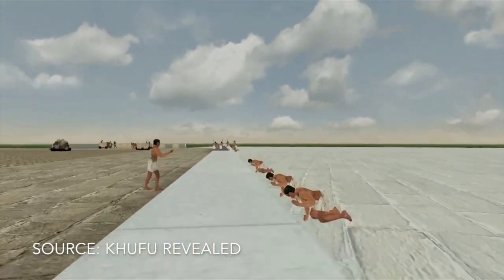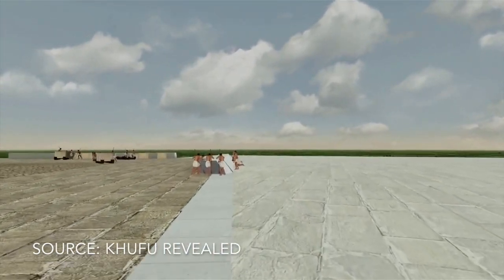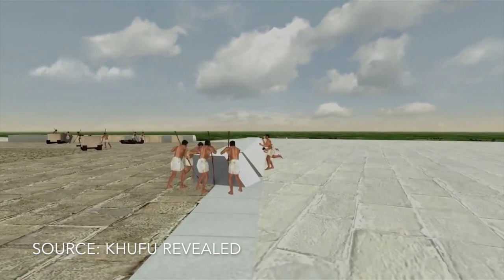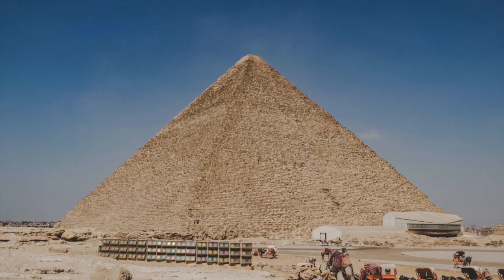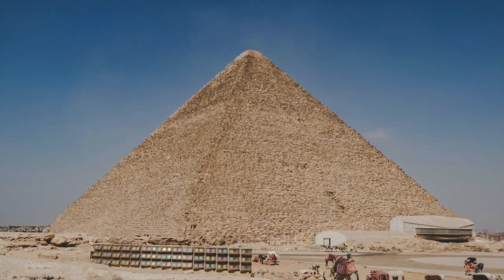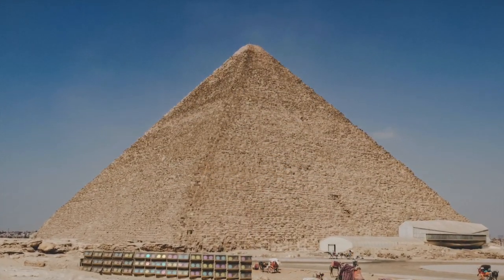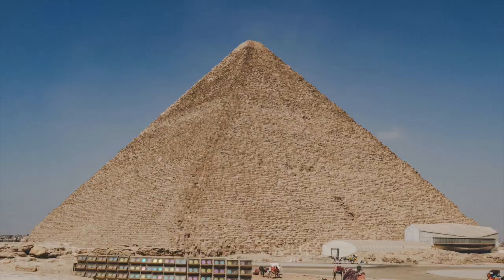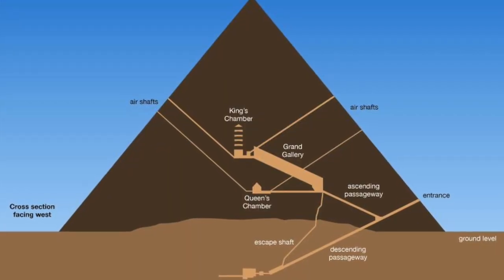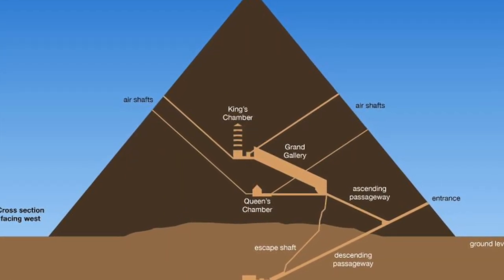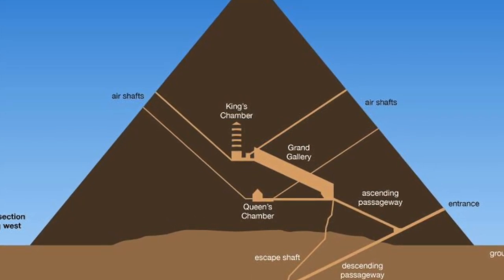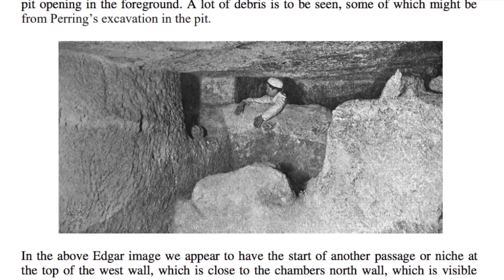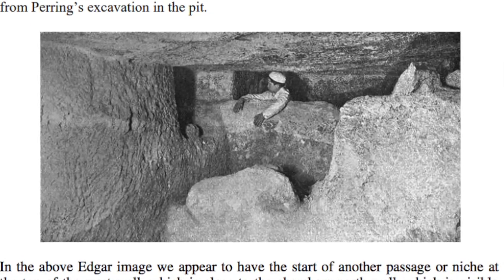Speaking of placing down the first blocks, Brier reminds us that the Great Pyramid was not built on level ground. There was a natural outcropping, a knoll of some kind already in place, and the pyramid was built around this. This is often accounted for in diagrams of the pyramid's internal chambers, as shown in the picture currently on screen. Brier takes this opportunity to switch focus to the first of the 3 internal chambers of the Great Pyramid.